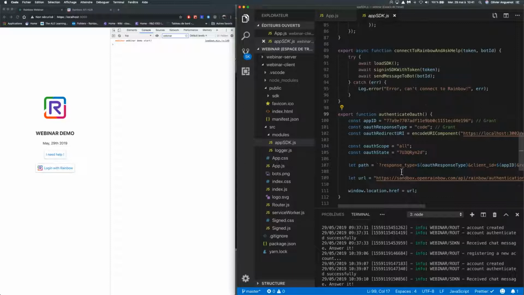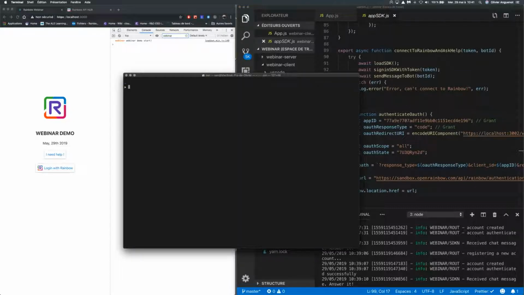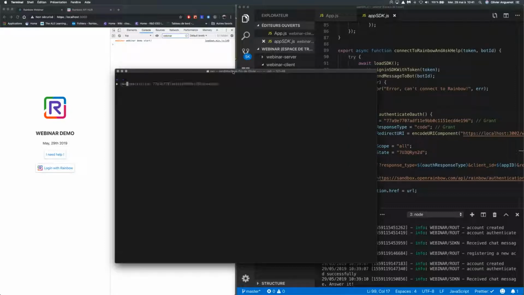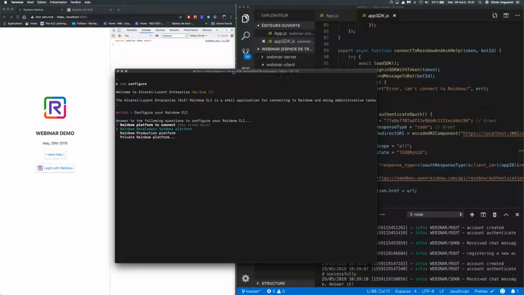configure your application. So for that, to be sure, I will open a console. And as the demonstration is made on the Sandbox platform, I will use the Rainbow CLI to configure my application. So first, I will connect to the Sandbox.